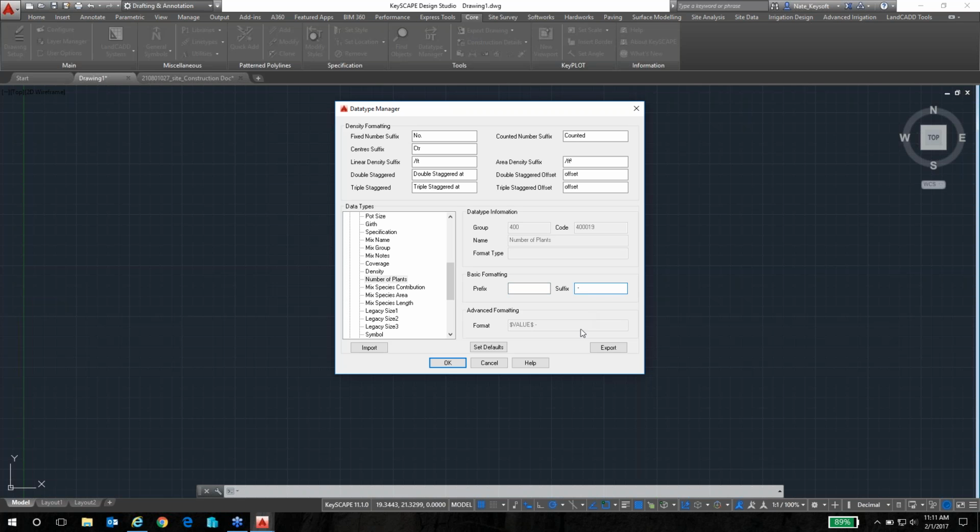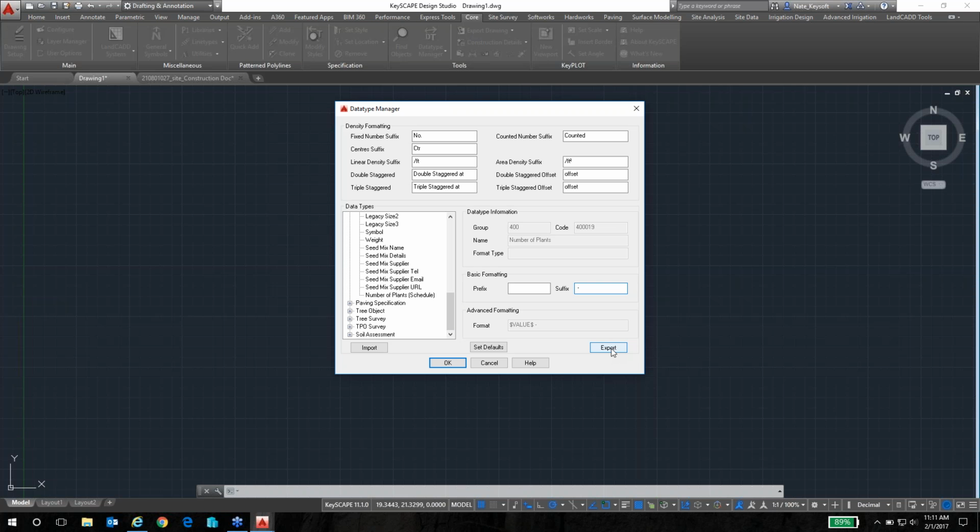So in the past, this has been tough to make stick to a new drawing. We have a new feature now, so these defaults can be saved as well. So now that I've saved it or edited it the way I want it to read by default, I can go to Export